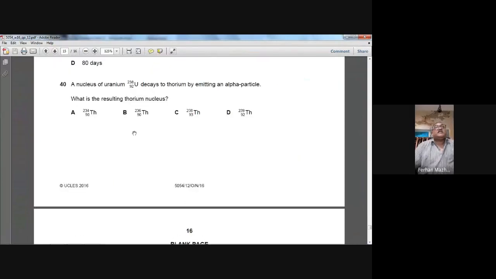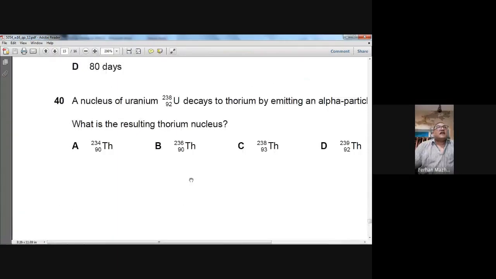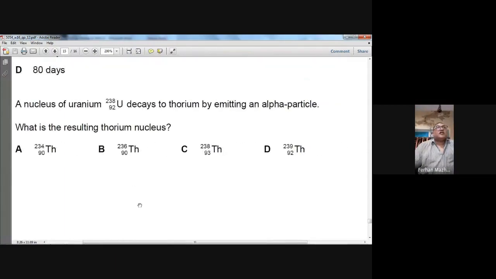Question number 40 is on your screen. Let me increase its size. A nucleus of uranium-238, with proton number 92, decays to thorium, emitting an alpha particle. What is the resulting thorium nucleus? Alpha decay has taken place. Whenever an alpha decay takes place,